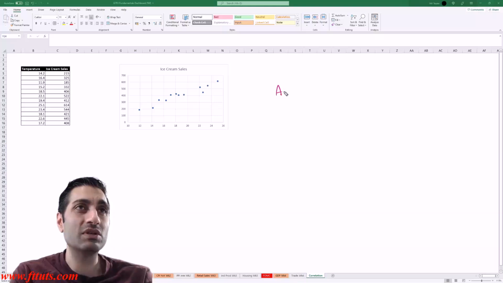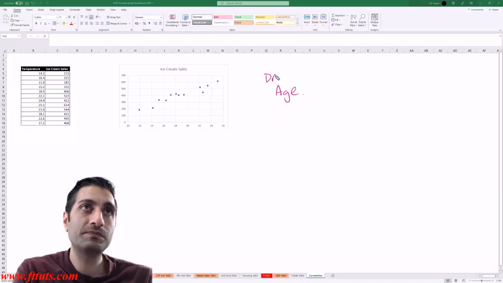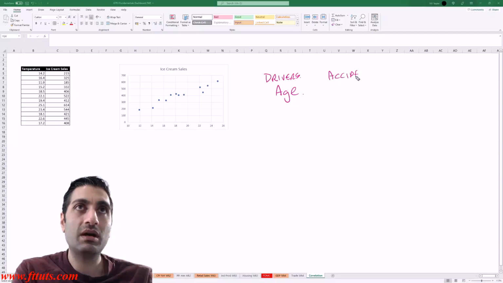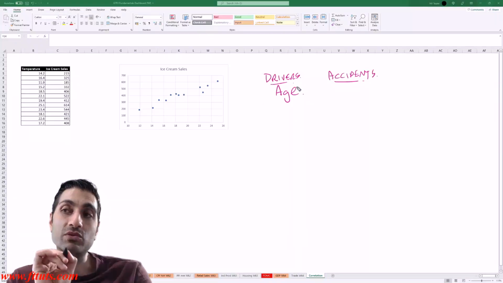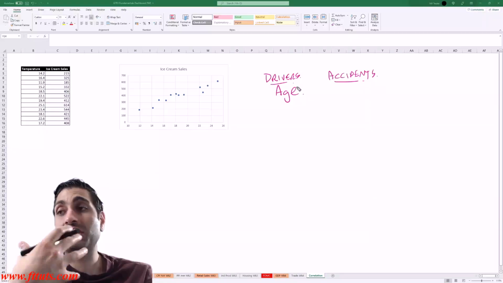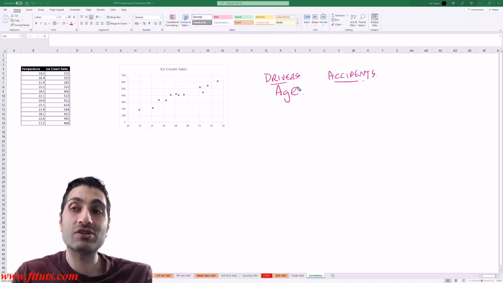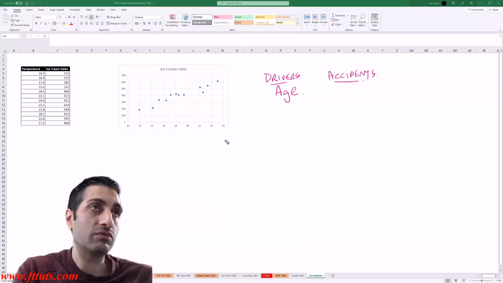But let's say someone's age, in terms of their driving, right? So a driver's age and the number of accidents per 100 that happen. Would you expect there to be a relationship between someone's age as a driver and the number of accidents that happen? Okay, pause it, think about it. Or do you think there'll be no relationship? Do you think there'll be a negative relationship? When I say negative relationship, I mean, so for example, right,